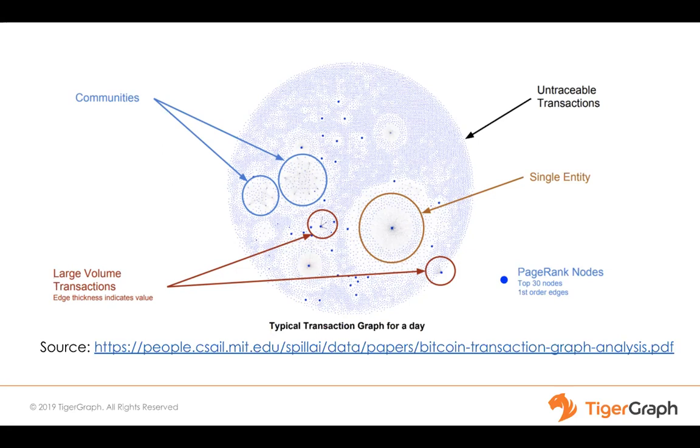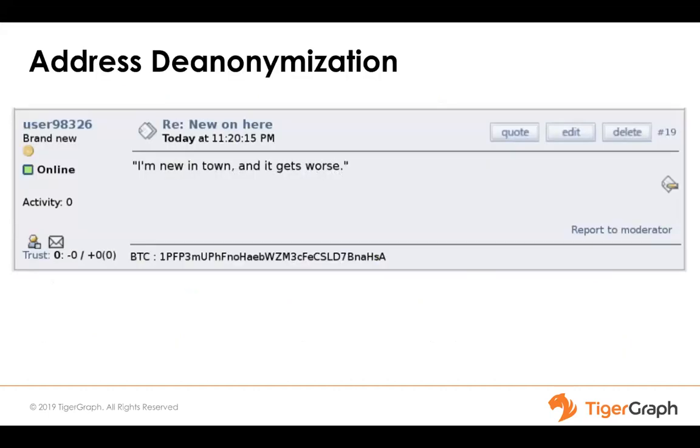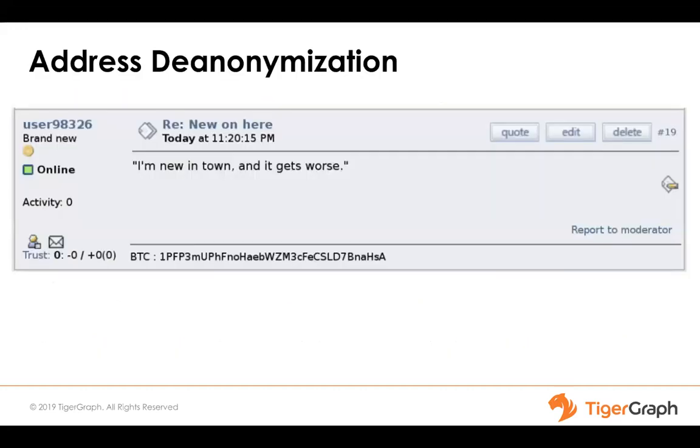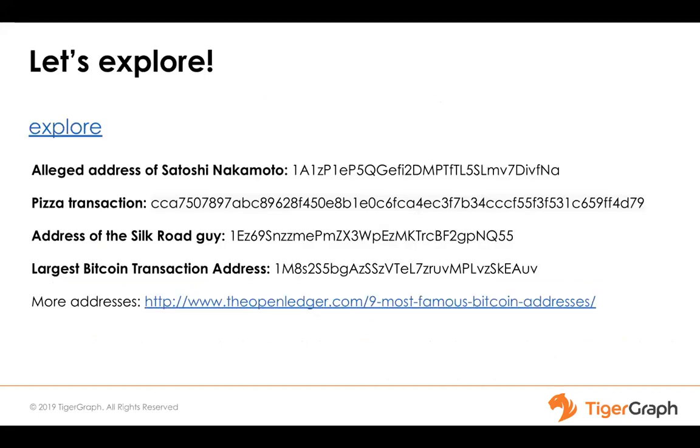And what you can do with this is that you can connect this with the idea of a single entity. The idea here is that if a single entity is making a large amount of transactions, that does raise some questions about what they are actually doing. So it's with a combination of both of these things that the FBI was able to crack down on the Silk Road founder. So the story is that